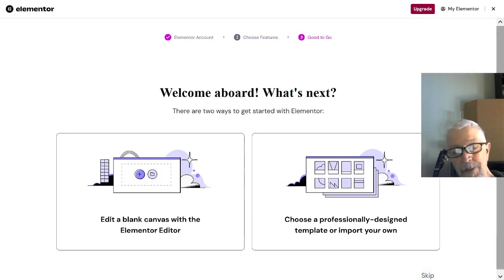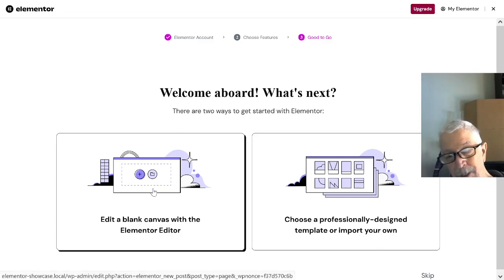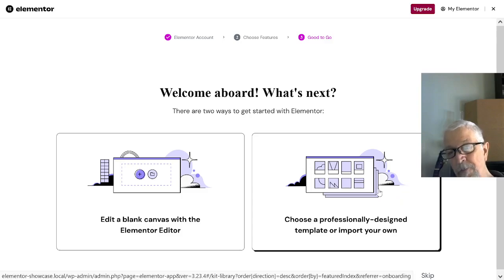and then it brings us to this page, and you have a choice of edit a blank canvas with Elementor Editor, which I think is going to make us struggle through a lot of things. Or we can choose a professionally designed template to use, and I'm going to do this. So I'm going to click here,